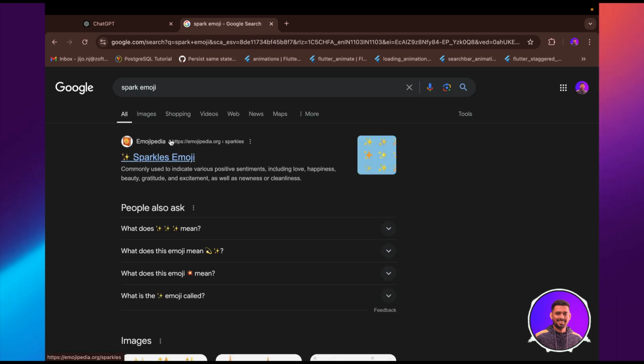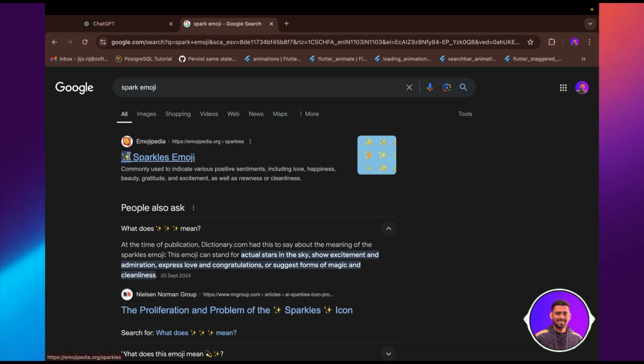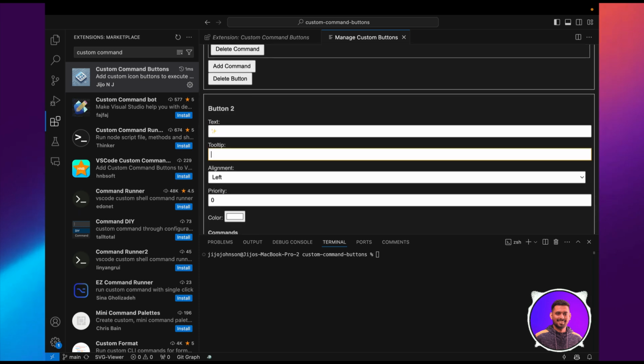No, that's not it, but we'll take it for now. Sparkle emoji. I'll just copy this emoji from over there and I will paste it here. Sparkles. Alright, and I will say Supabase,